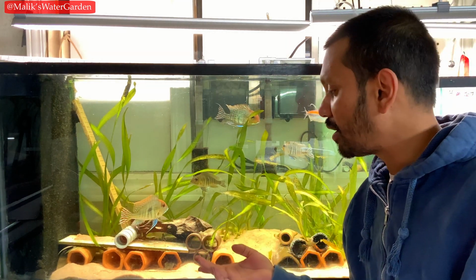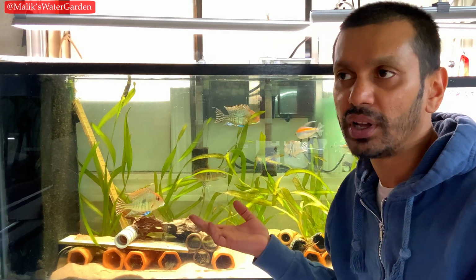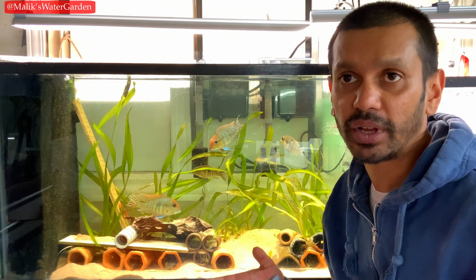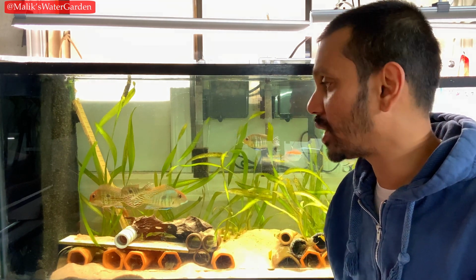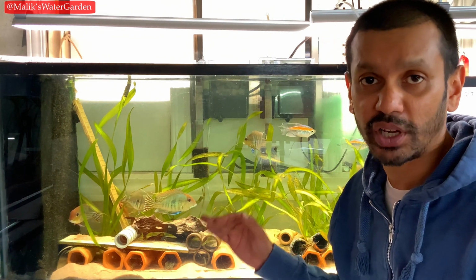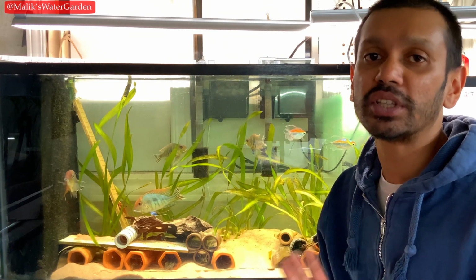I actually did a 75-80% water change on this tank yesterday, because the TDS was 220 parts per million total, so the nitrates were probably about 40-45 parts, and I wanted to bring it down really low. Okay, as close to my tap water as possible. So I did a 75-80% water change in this tank with aged water that has been sitting in my room